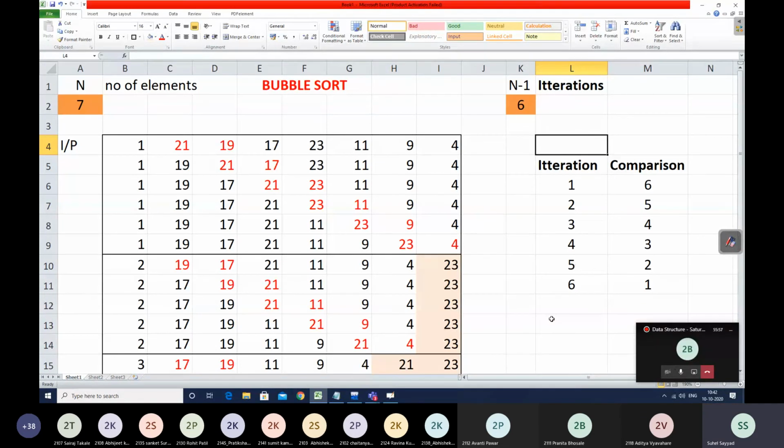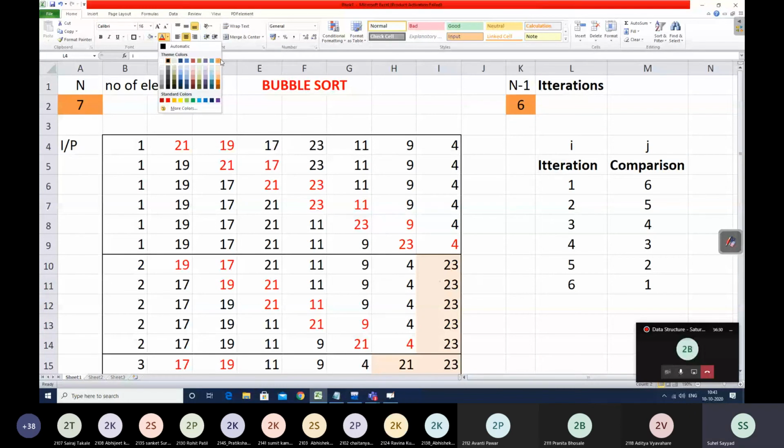One loop will target the iteration and the second loop will target the number of comparisons that are happening in each iteration. So I take those loops in the form of i and j in my program. I variable and j variable. Is this much understood, students? What is i and what is j for me?